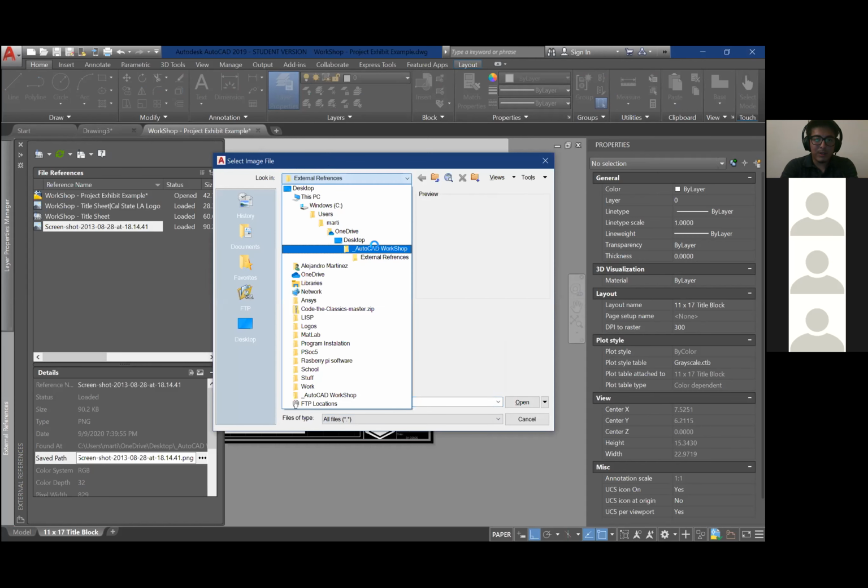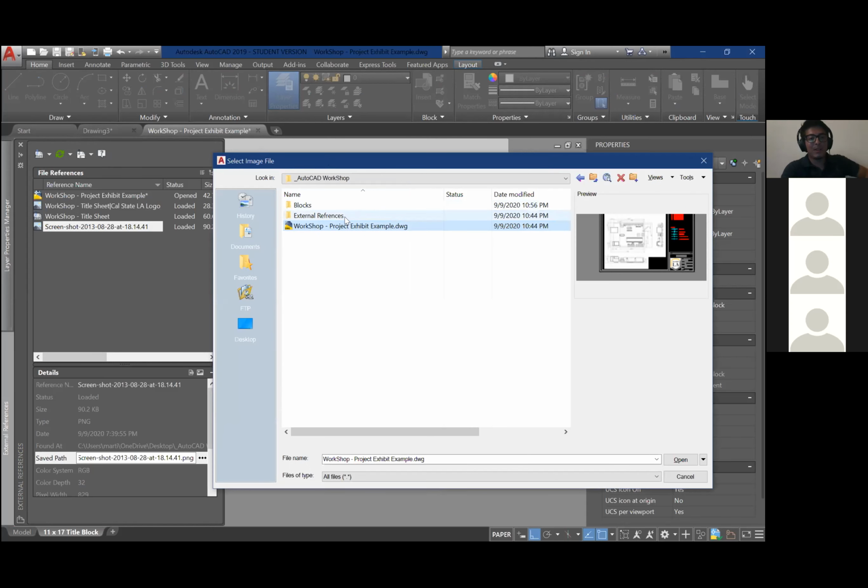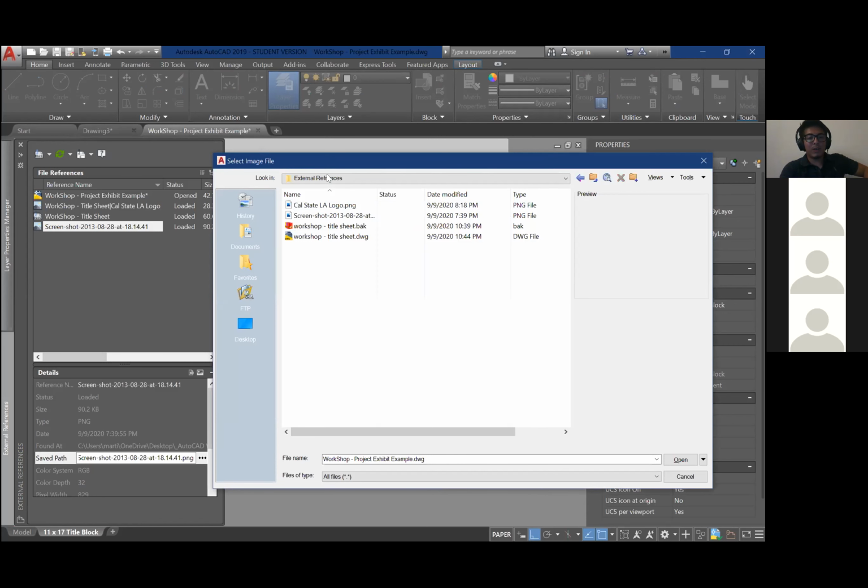So if I go here, this workshop project exhibit is the main file. That's the one I'm in right now. And then if I go in external references, you'll see I have a workshop title sheet file, an image file, and another image file. I just named it external references, but you can name it whatever you want. These three things are getting pulled into